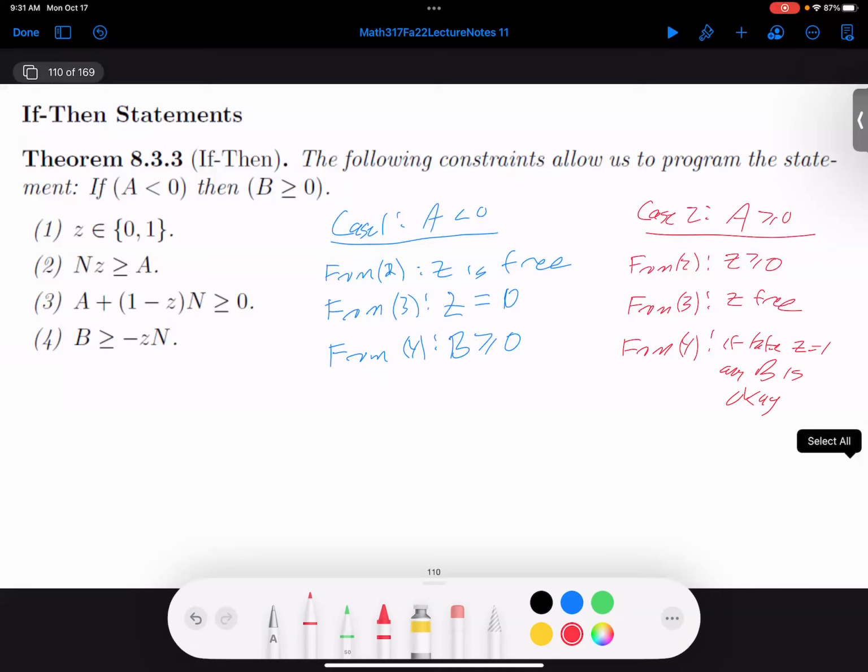Do we care about the value of Z? Not really. Here we just care about making sure that B is greater than or equal to 0. Maybe B is a bonus in demand for a movie because Rambo is not showing, so now more people are going to Terminator.